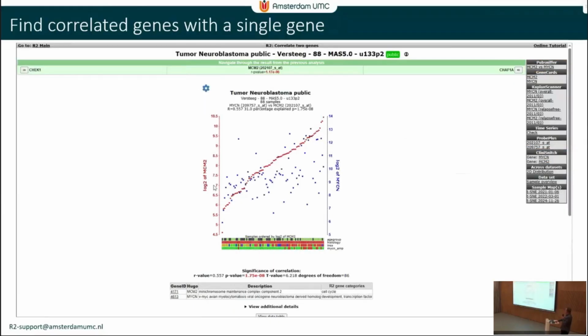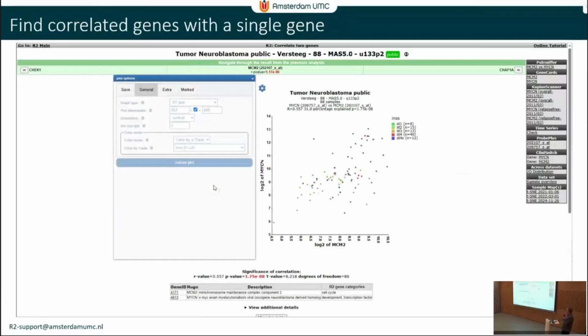So if you have a correlation analysis, the way in which most people like to visualize that is in an XY plot, right? Because then you can more easily see whether it forms kind of a cigar. So here you can see that there is a nice trend in there. 10 to the minus 6 is the significance. If you have a relationship between two genes, it can either be that one gene is regulating the other gene, right? So upregulation of one upregulates the other, or it can be that both of them are maybe regulated by an upstream process. They are just both the target of a particular